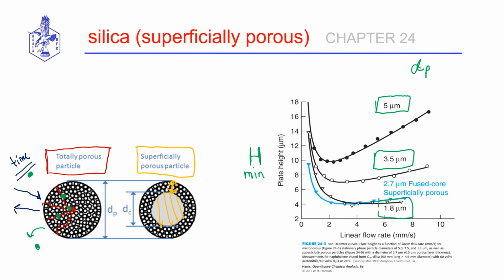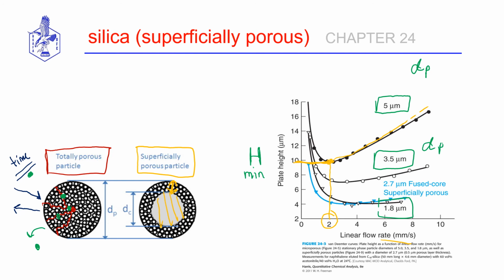So you will notice if our particles are 5 microns in diameter and totally porous, we get a minimum plate height here at a flow rate of about 2 millimeters per second. Okay, the downside to this is, notice if I want to do my separation at a higher flow rate, I do so at lost resolution. So that's limiting. If I go to a smaller particle diameter, 3.5 microns, okay, and these are totally porous particles,